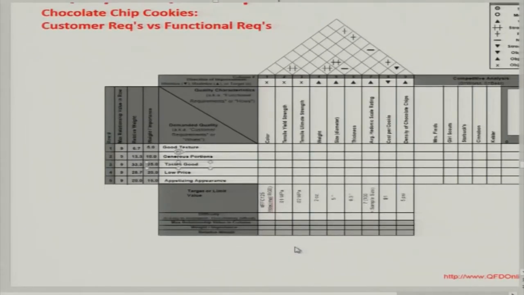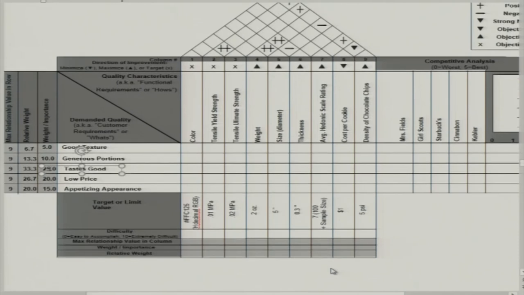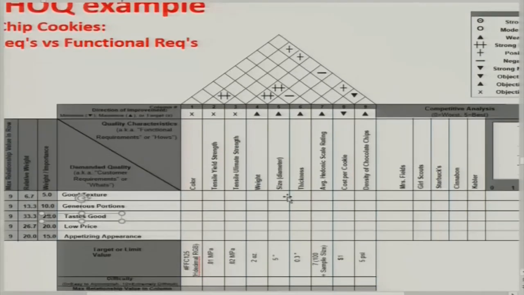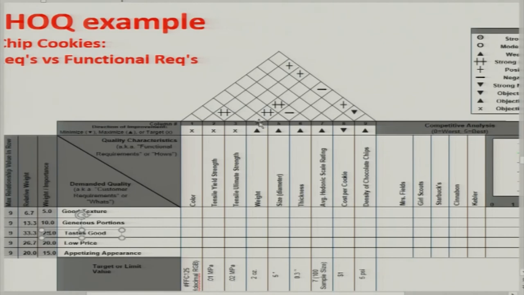So these are the specifications which are generally available. This is secondary data. It might be primary data in some cases, but in this case it is secondary data which is available with the manufacturer, and let us put that data here. Now the manufacturer or the one who is designing this matrix would put the relationship values, relationship importances here. Also we have the correlations between the quality characteristics.